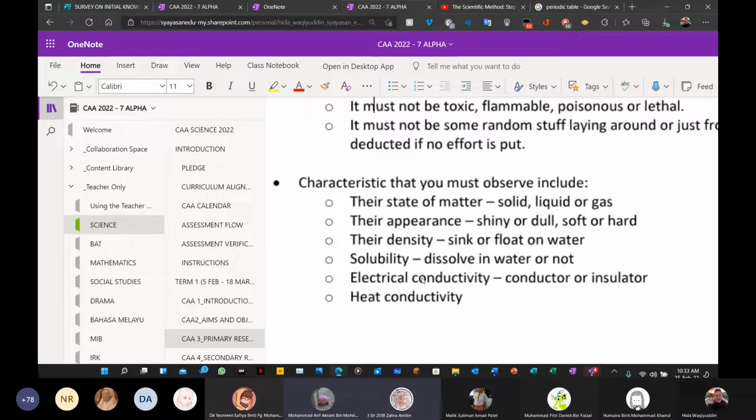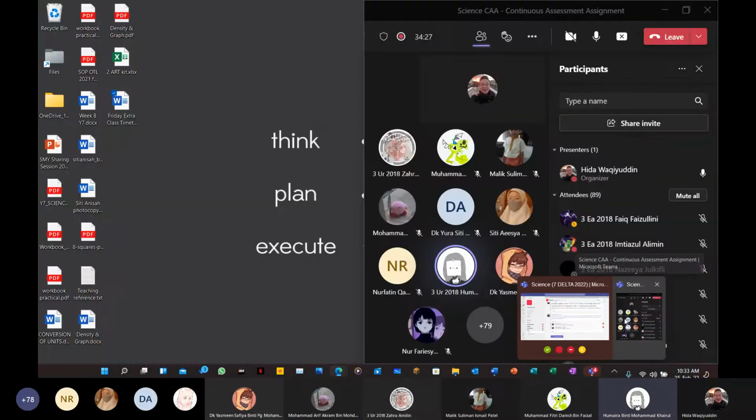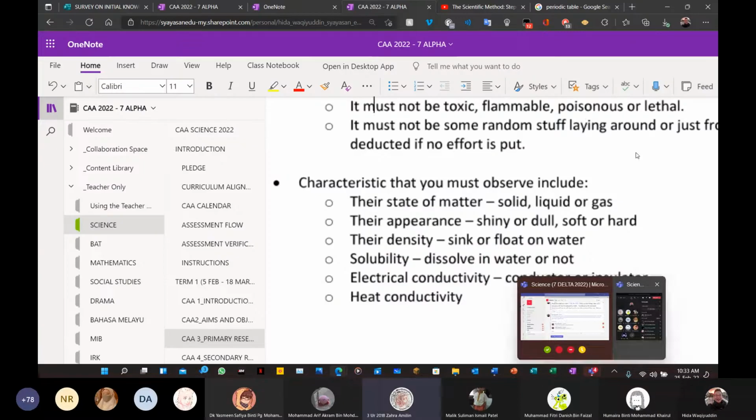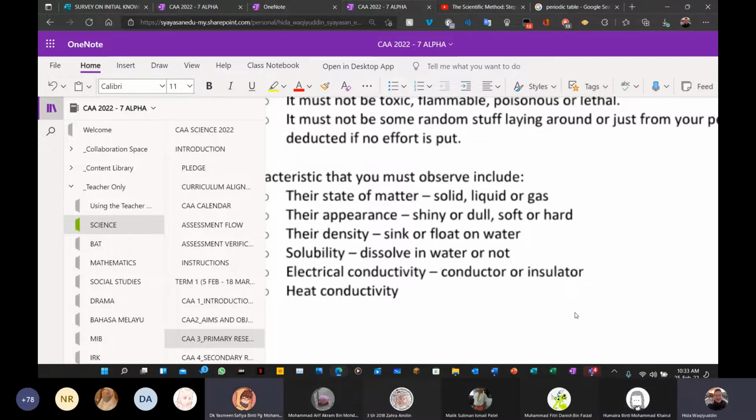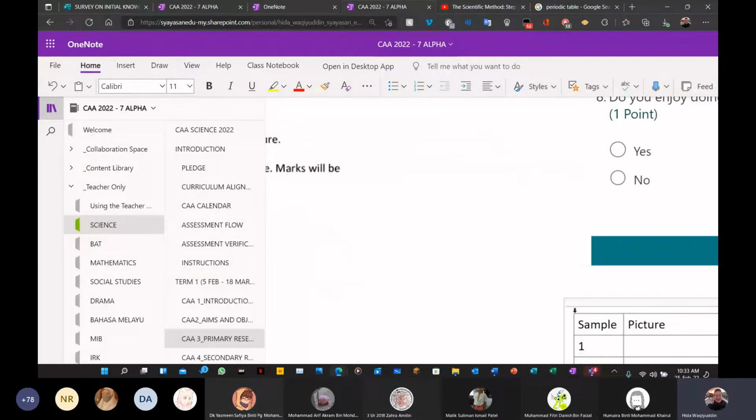It couldn't be toxic, so I think I could get tin foil. Can I bring Clorox? Can, but once you get the object, what you need to do is